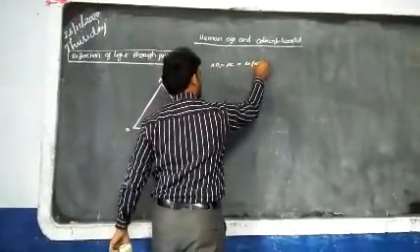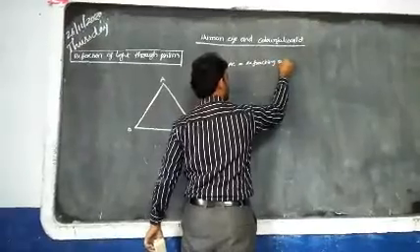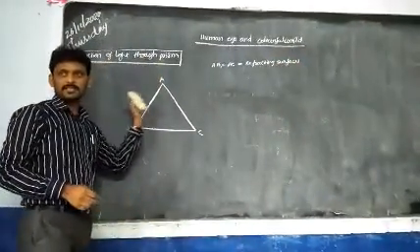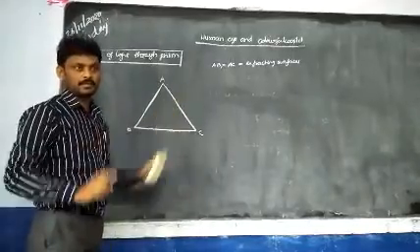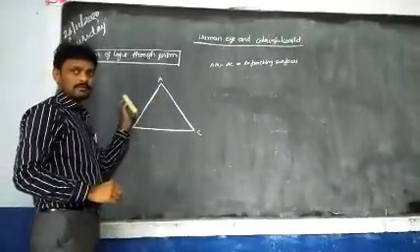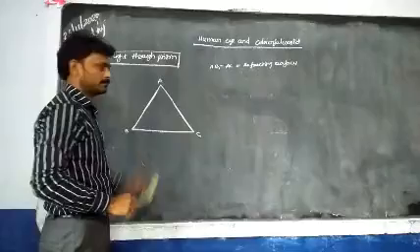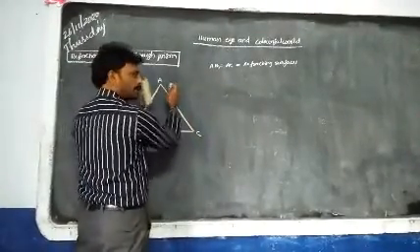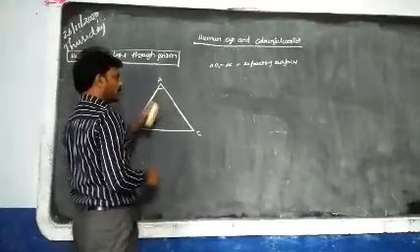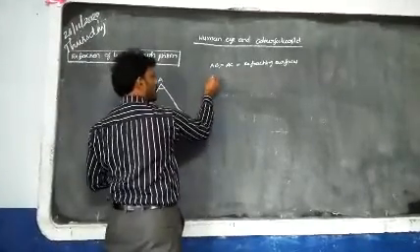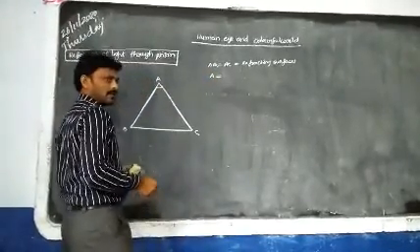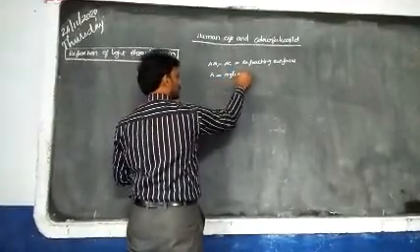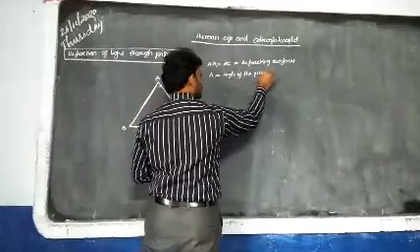Why are they called refracting surfaces? Whenever light is incident on these surfaces, light undergoes refraction, bending. Now, in between the refracting surfaces there is some angle. This angle is always denoted by the capital letter A, and A is called the angle of the prism.